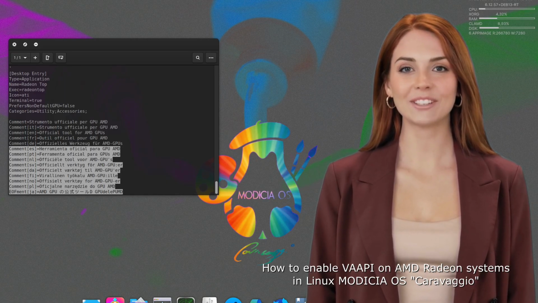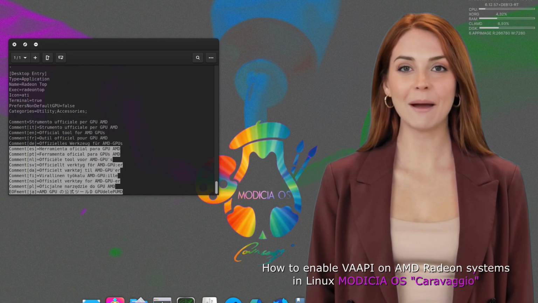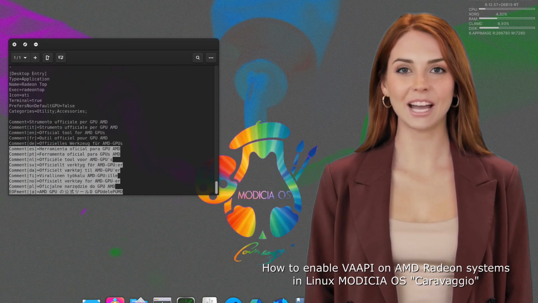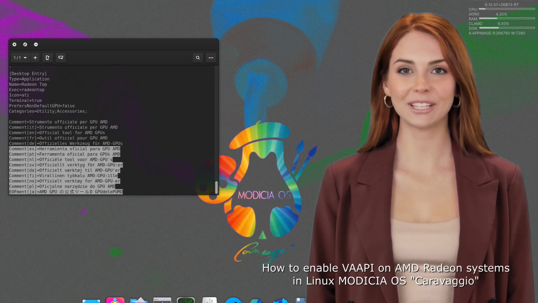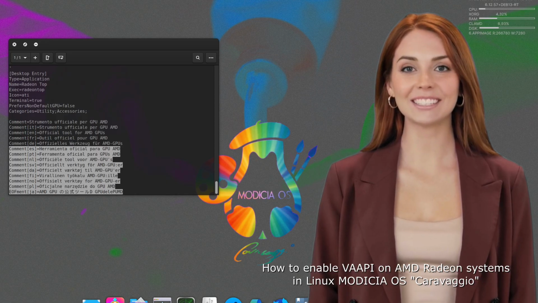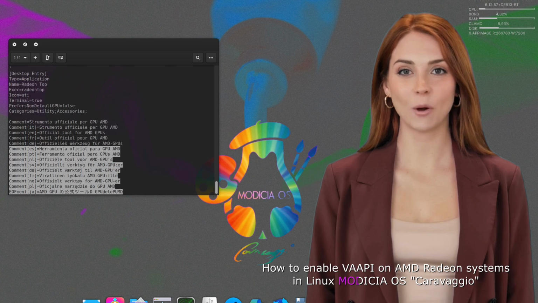cat > ~/.local/share/applications/radeontop.desktop <<EOF [Desktop Entry] Type=Application Name=Radeon Top Exec=radeontop Icon=ati Terminal=true PrefersNonDefaultGPU=false Categories=Utility;Accessories; Comment=Official tool for AMD GPUs EOF